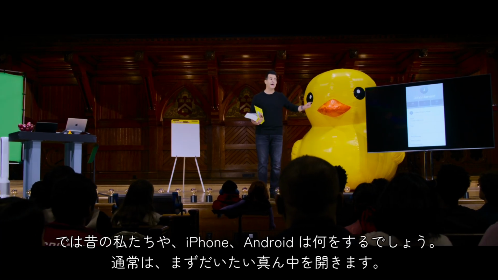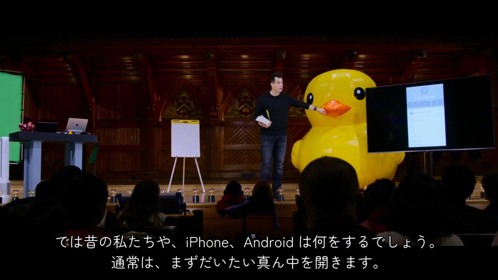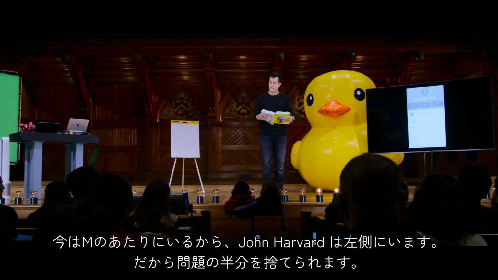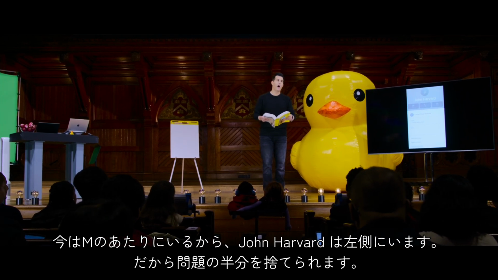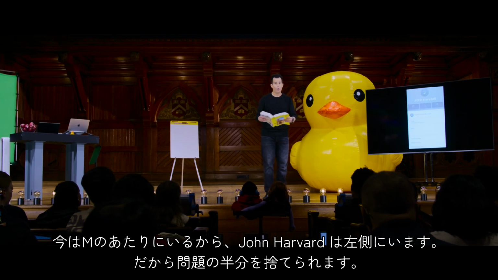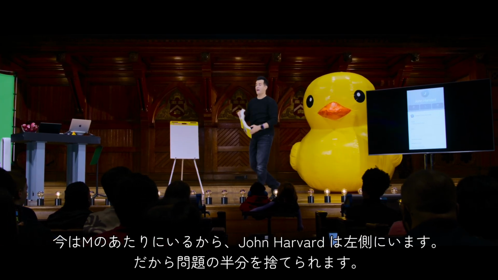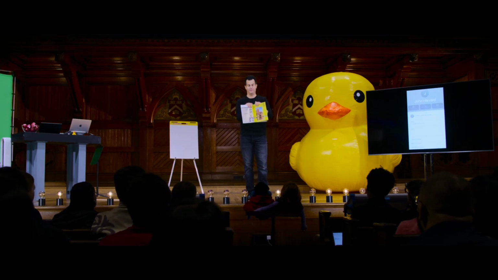But what did we do back in the day? And what does your iPhone or Android phone do? What they typically do is they go roughly to the middle, look physically or virtually down. They see, oh, I'm in the M section. And so which side is John Harvard on, the left or the right? So he's to the left. So I could literally now,